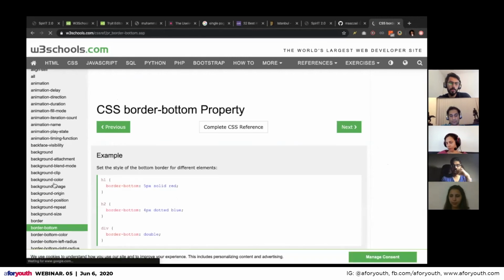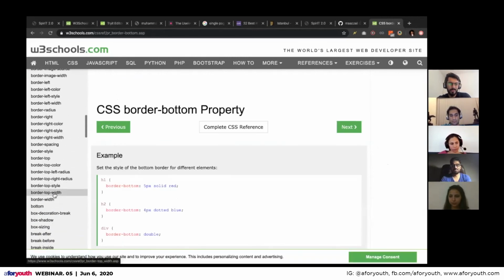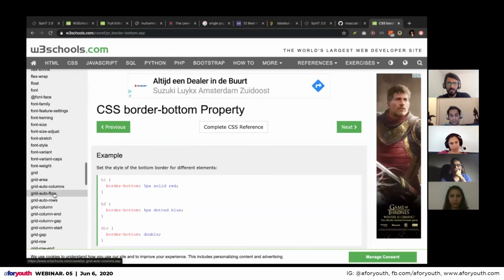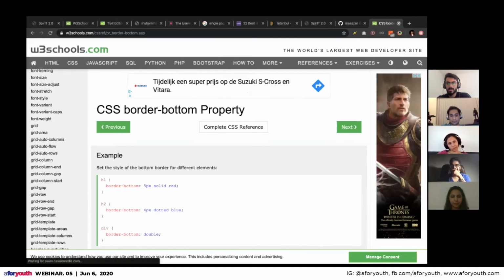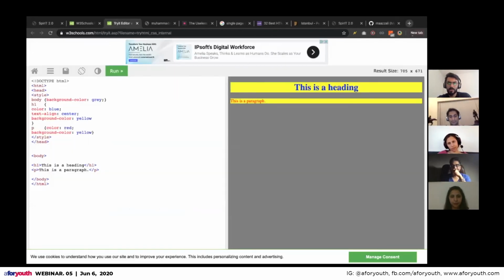There is border-bottom, border-top, all these properties are there. You just have to type your question in Google, and it's going to come up.